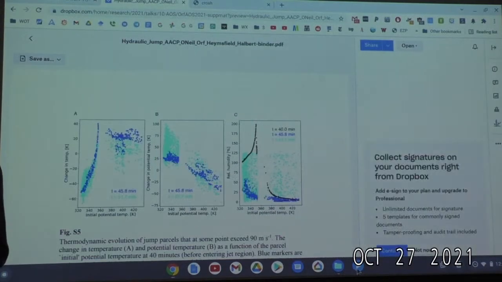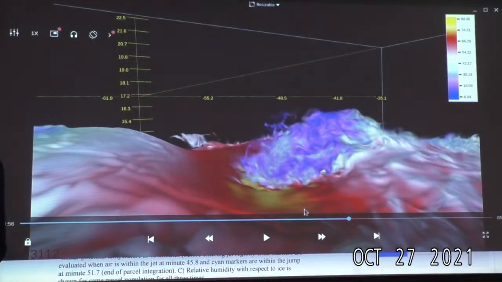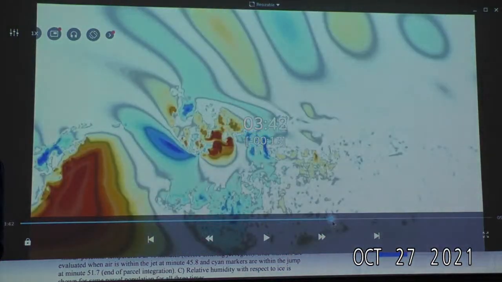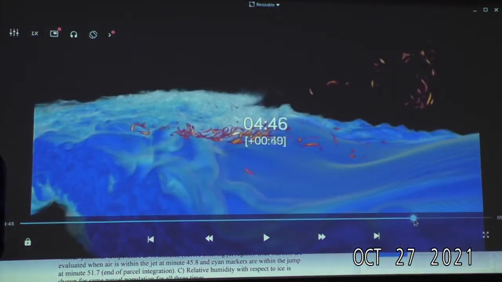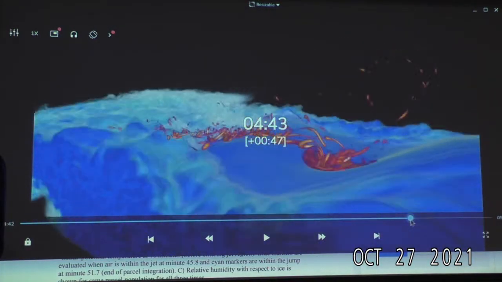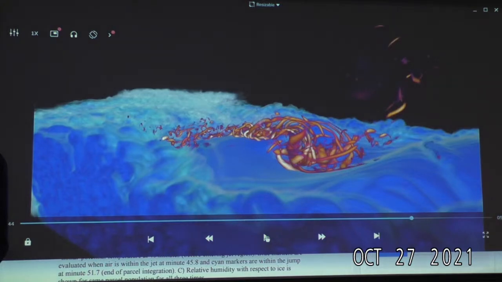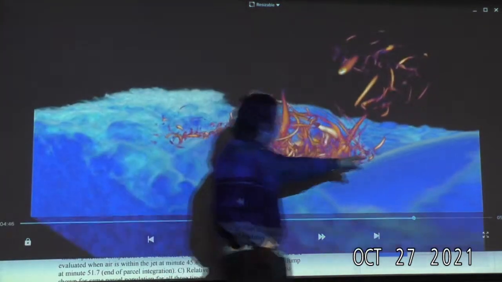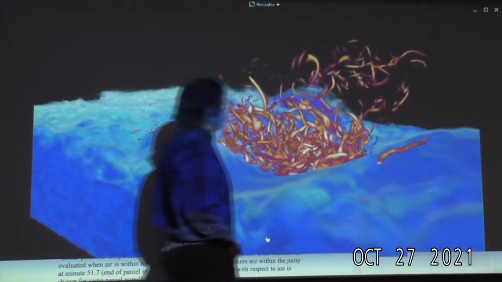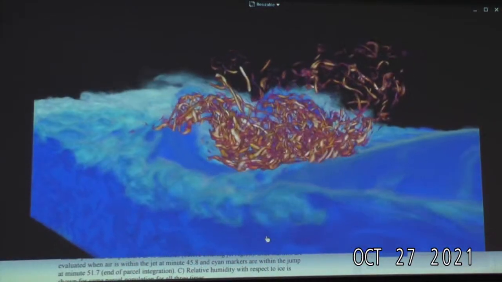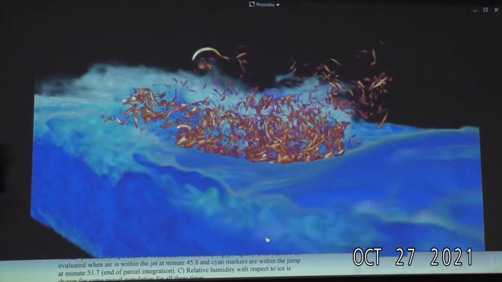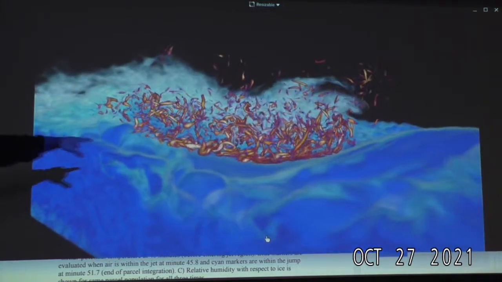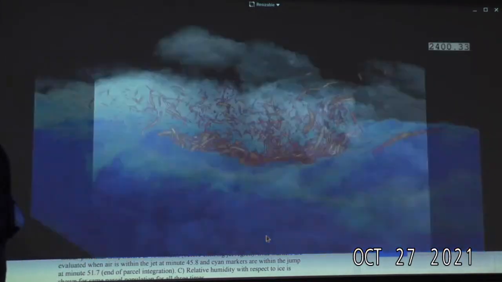There's one view I like the most too. I can't find my video anymore. Oh, there we go. This view actually reminds me of surfing. It's this one right here. This guy's already surfing. Take a look at this one vortex tube. Watch it dissipate though. It's actually weird. So this guy, hey, what's going on? I'm just going to dissipate. What's up with that? There's probably something interesting going on there, or it's a bug. But anyway, you don't want to hit that. That's a real shredder right there.